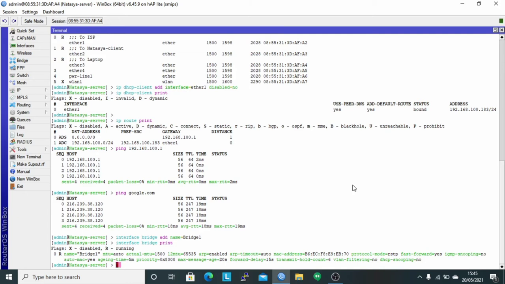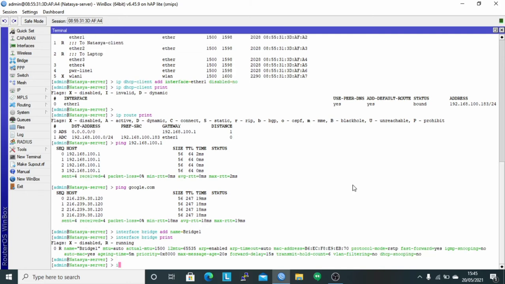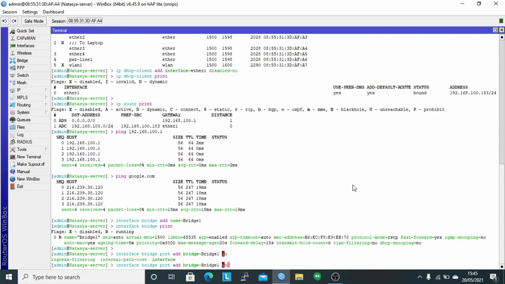Then add Ether 2 and Ether 3 to the bridge port on bridge 1 with the command interface bridge port add, bridge in use is bridge 1, and interface Ether 3.